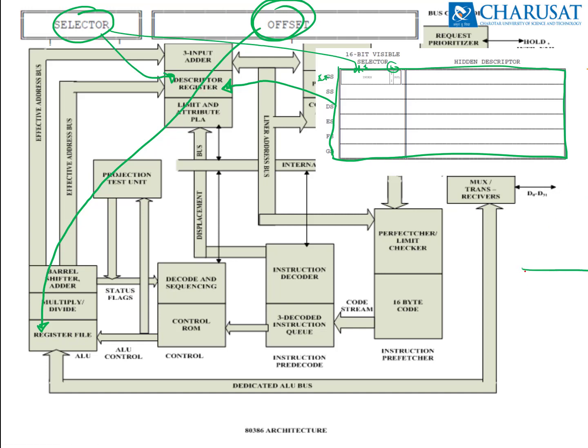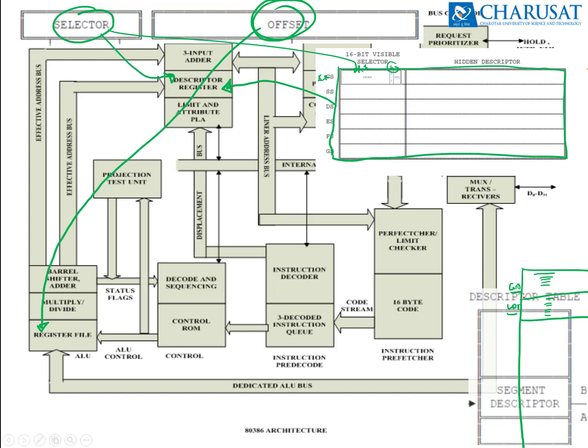And we may consider this portion as memory. As we know, there are two types of table we have discussed in the last slides, LDT and GDT. This is the GDT table and this is the LDT table. GDT has many rows, not many, a limited number of rows. LDT also has a limited number of rows. Those rows are the descriptors, so the GDT and LDT are descriptor tables, and the descriptor table is a part of memory.